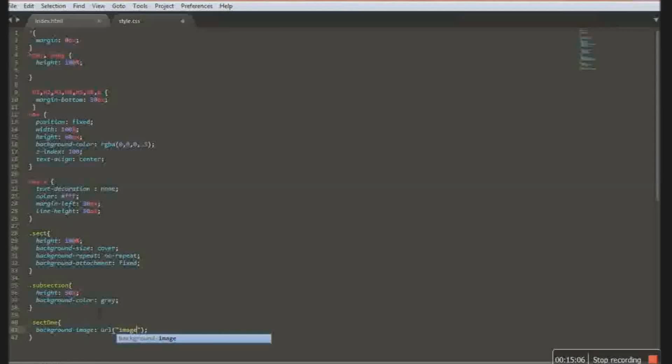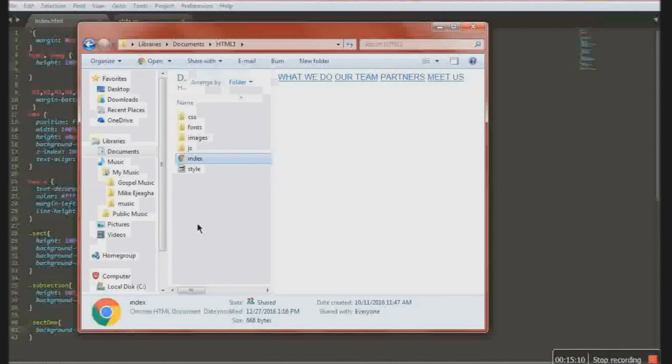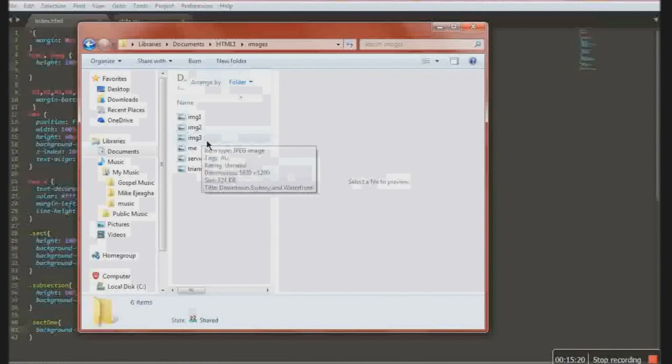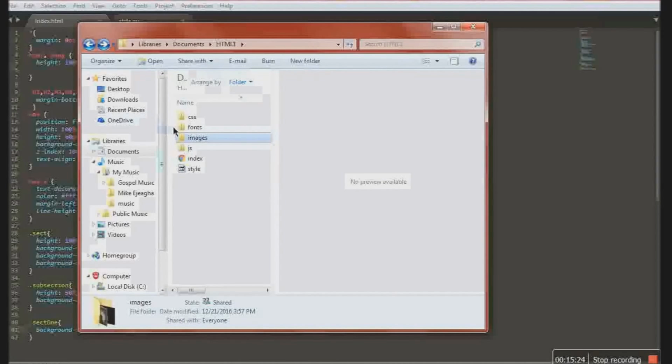Then let's check where our image is, so we know how to call it. Okay, this is it, the images. Let's open inside. We are going to use img1, img2 and img3. You see our images here.